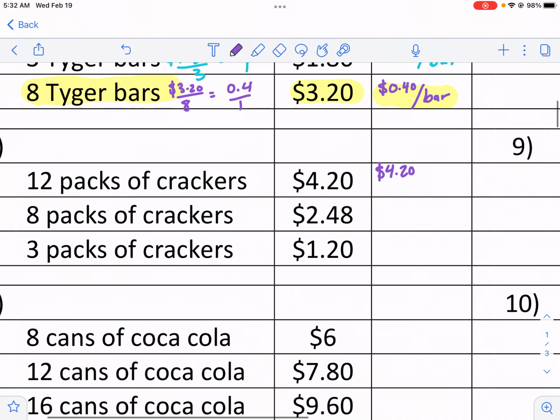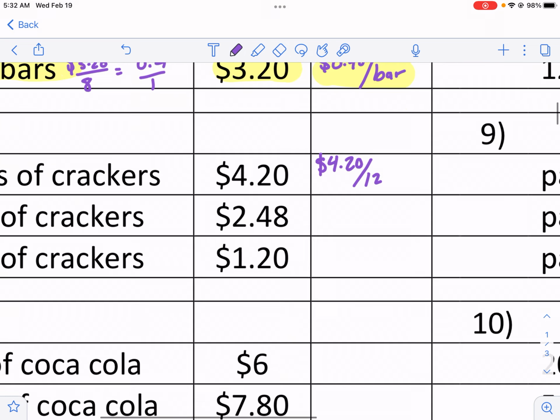Okay, this time I don't have a lot of workspace. I would recommend getting a separate piece of paper and then doing your work there. So I need to do $4.20 divided by 12. So I'll just give you a quick